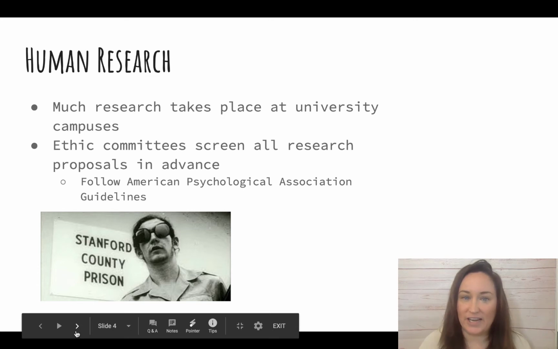So you can't just create a study and then go do the study. You have to submit a proposal for your research idea, and it has to go by a peer-reviewed committee. They're going to review everything, and they're going to compare it to the American Psychological Association's guidelines for ethics. So they're going to make sure that nothing in your study is violating an ethical guideline. And if it is, then you're going to have to go back and change it to get approval. So you need the APA committee approval for your study to go.